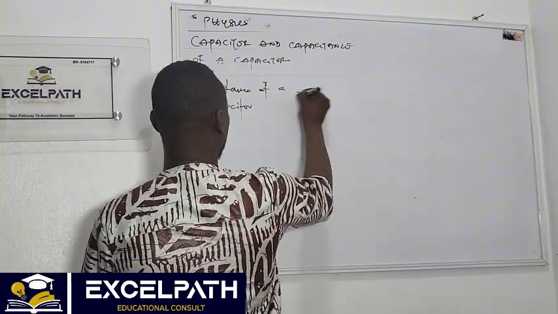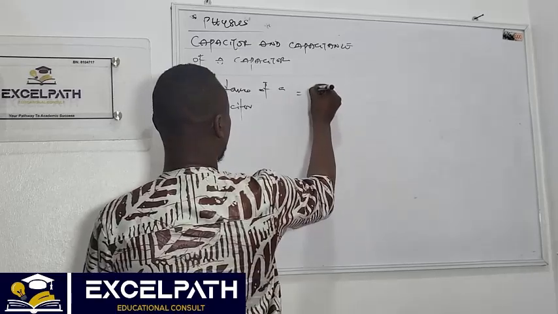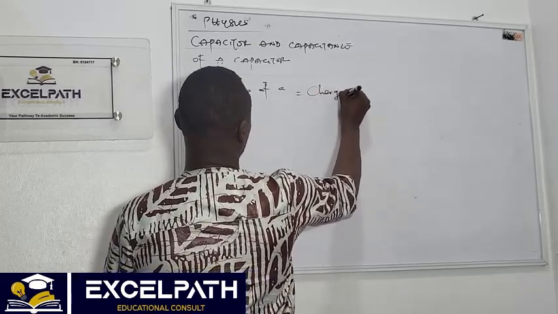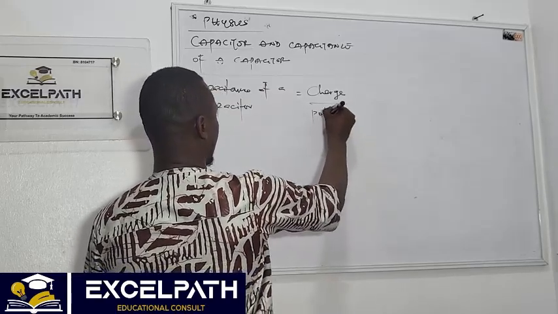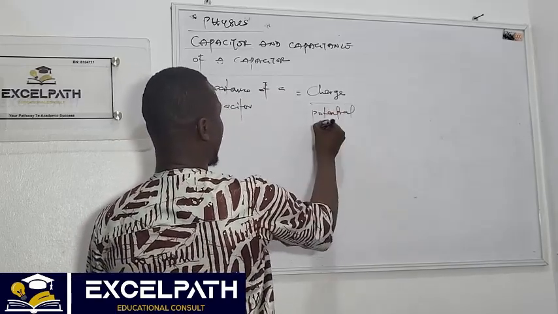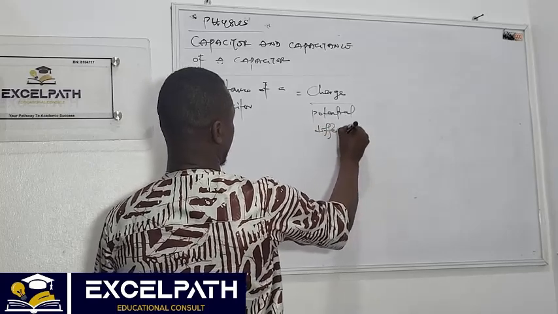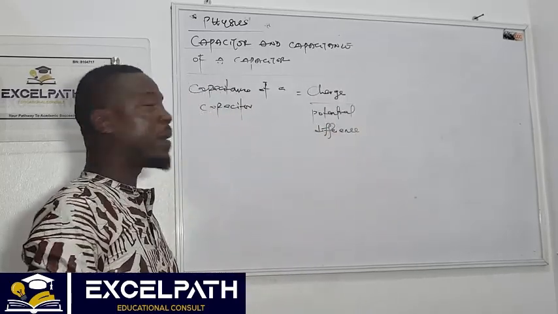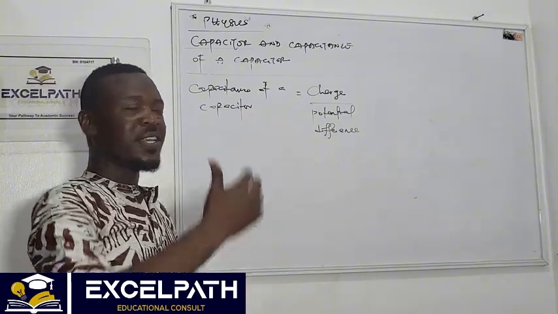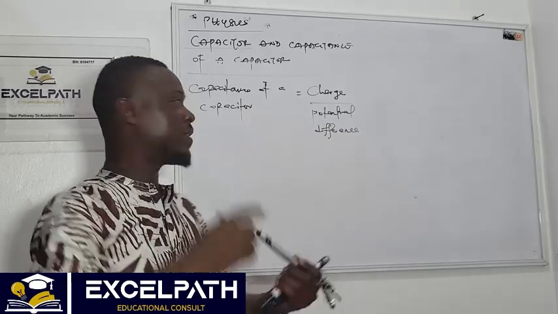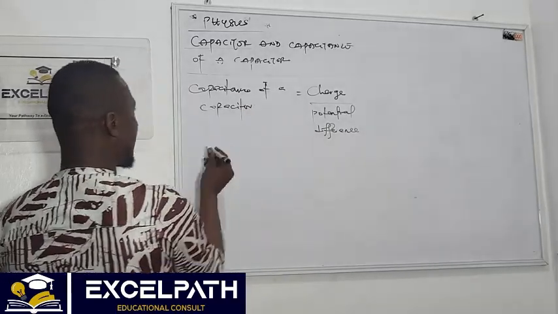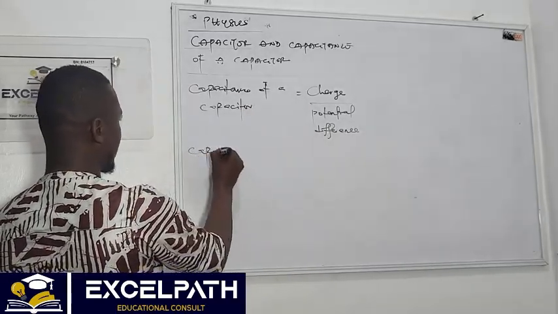can be defined as a ratio of charge per unit potential difference. When you say capacitance of a capacitor is a ratio of charge to potential difference, but capacitance of a capacitor